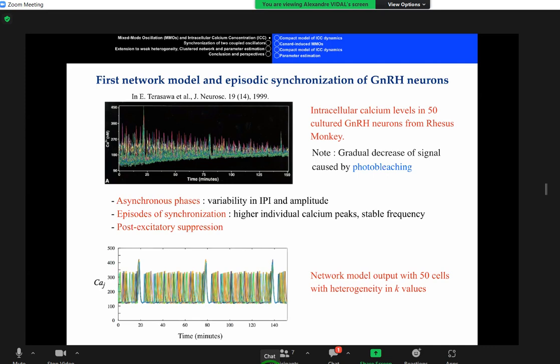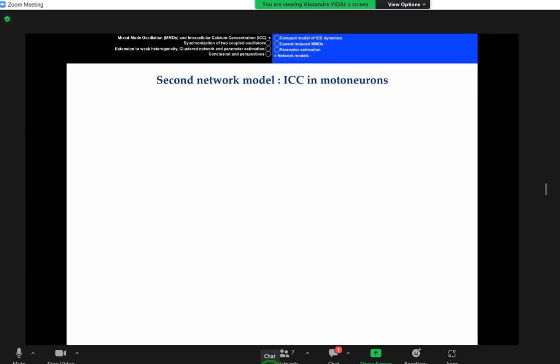And this is generated using a network model with 50 cells and heterogeneity just in K and mu. Okay. So this was the first network model that I developed with people at INRIA on the model of a neuroendocrinology network. And afterwards, with Soledad, we were interested in reproducing the ICC in motoneurons, which is much more interesting